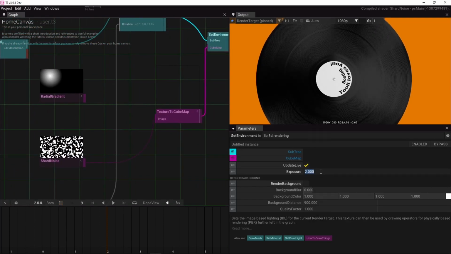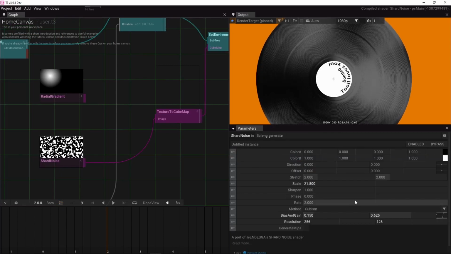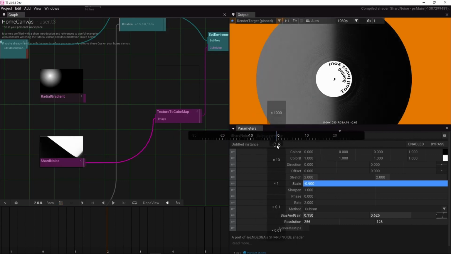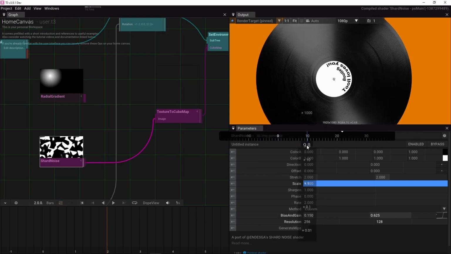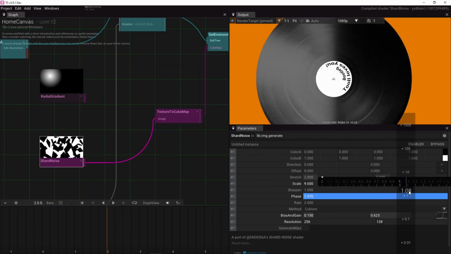Maybe the exposure 2 is not enough. Let's put 4. Reduce the scale. Play with the phase until we get